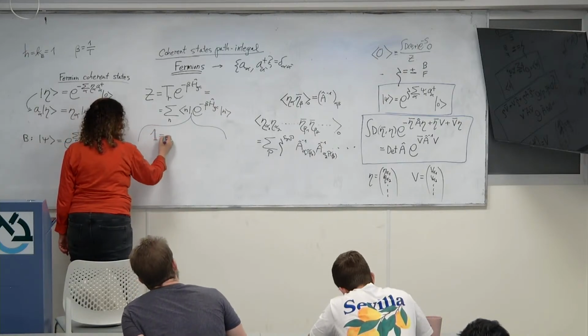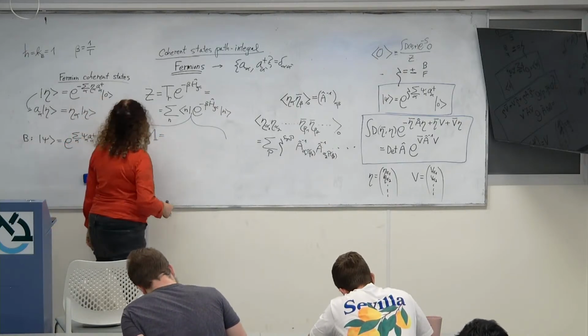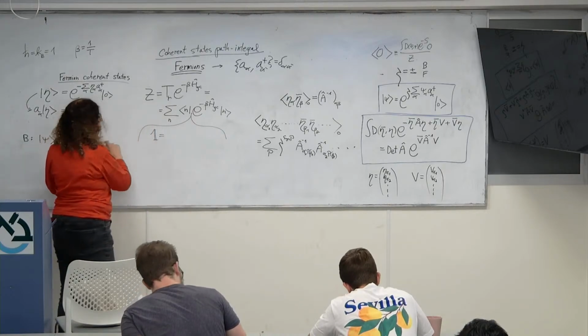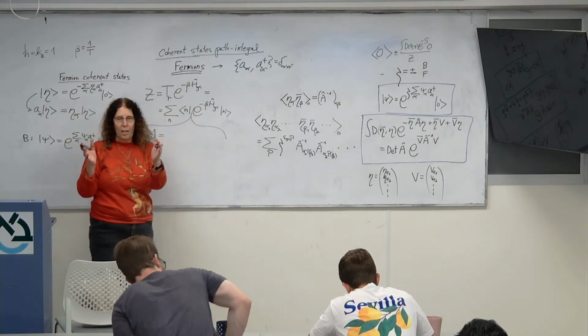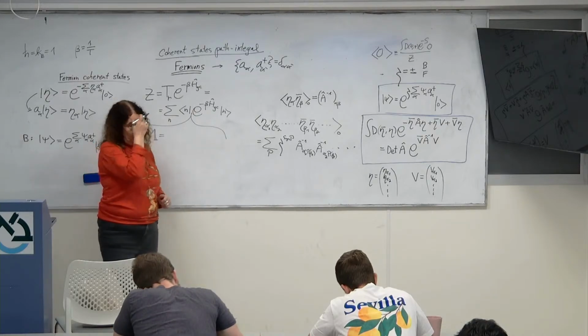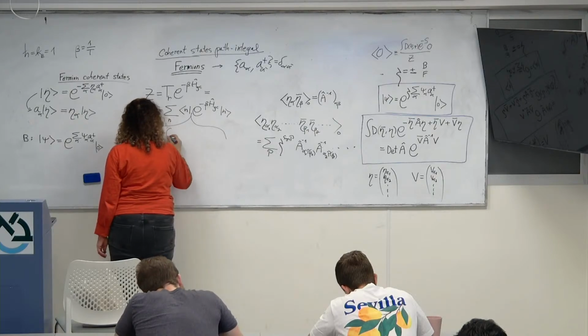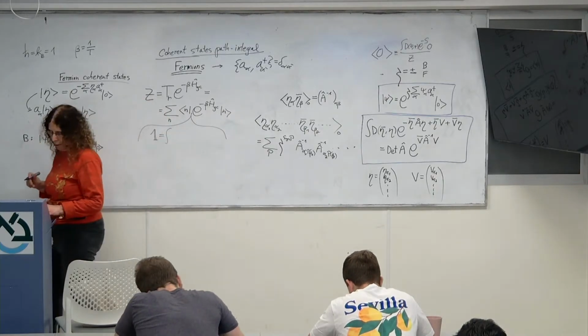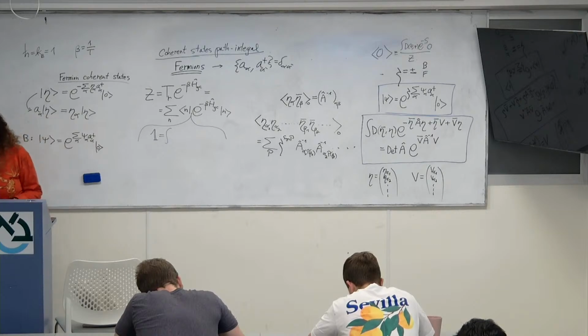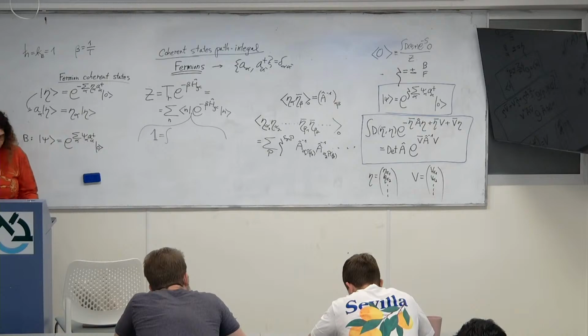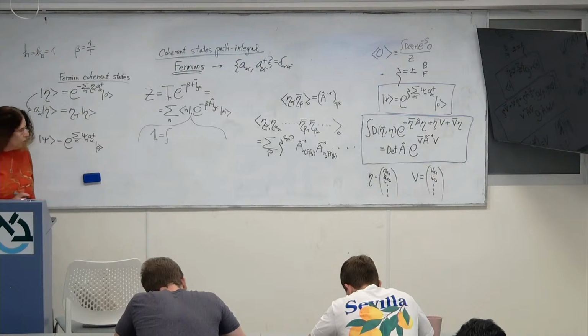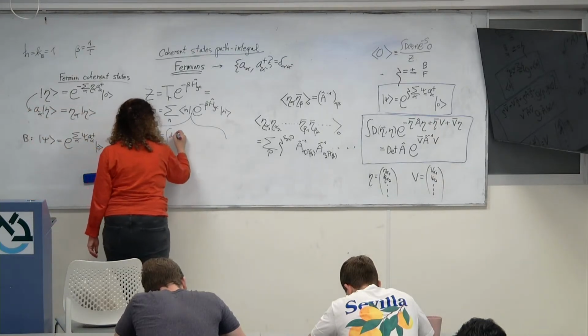For fermions and bosons, because we saw that the inner product has exactly the same expression as in the bosons, the resolution of identity is,